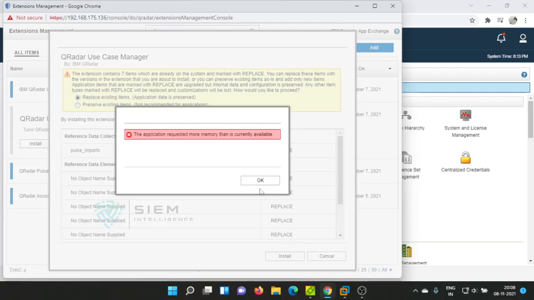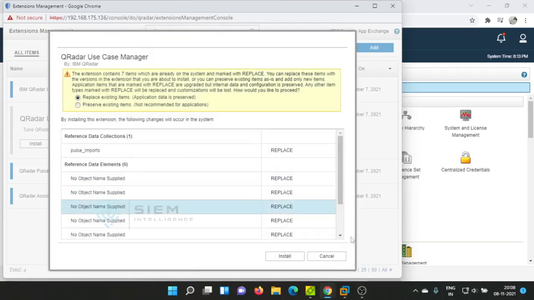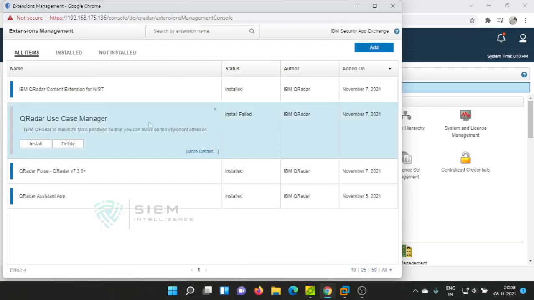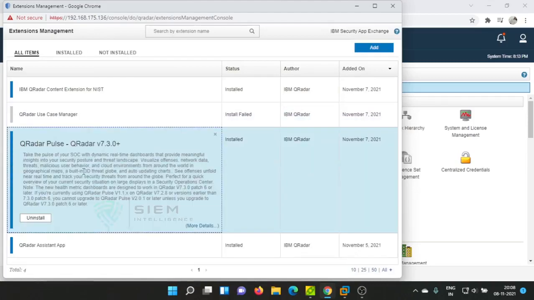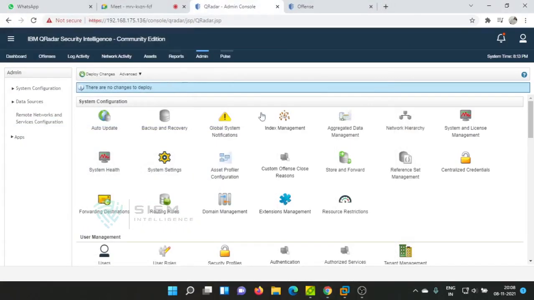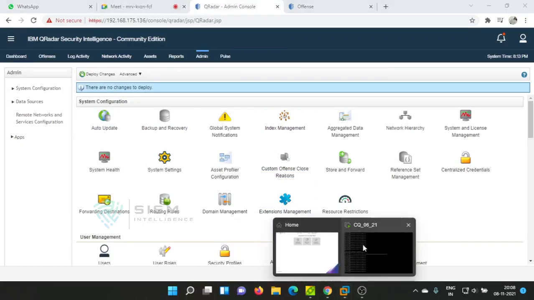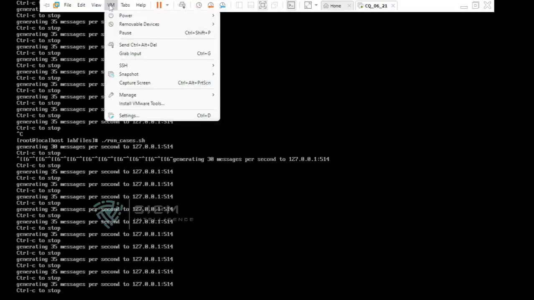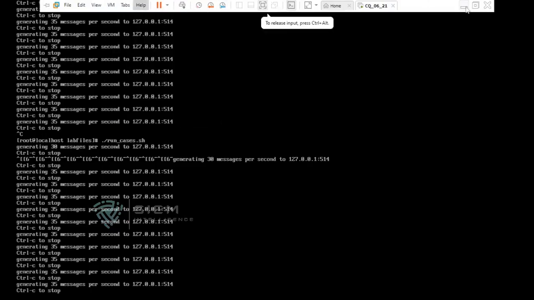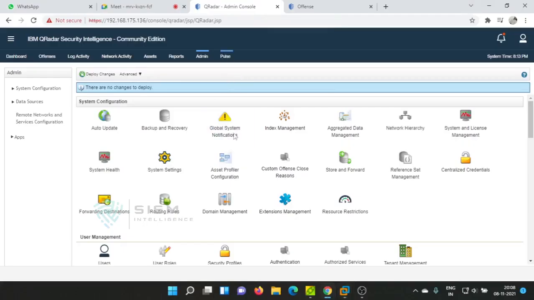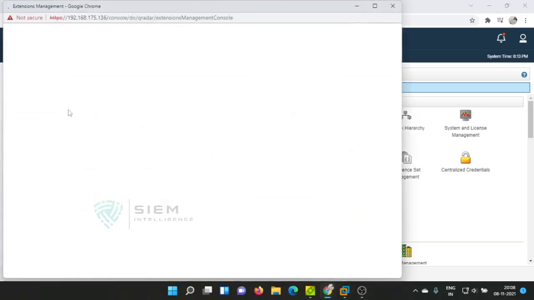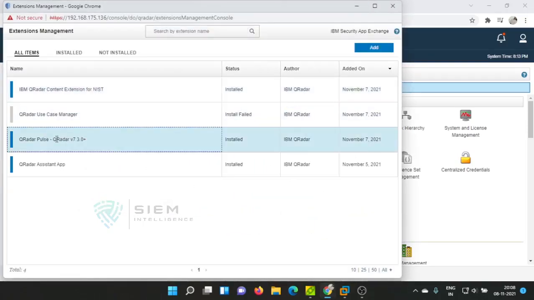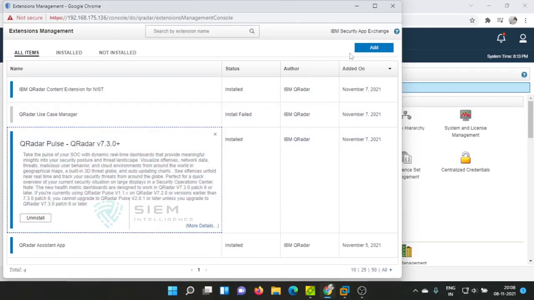No, it is not acceptable. It requires more, even I spent more, because I installed this app on my local system. I have already spent 14 GB out of 16 GB of my RAM to install. You have to install some apps. So if I install, I have only one app here. I have only this particular Pulse. There is nothing other than this.